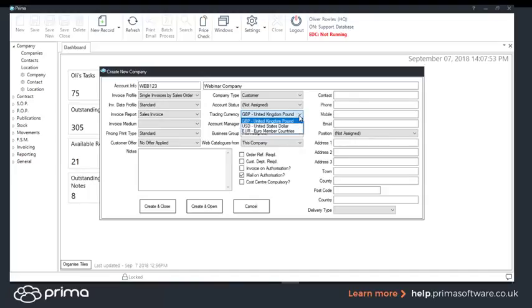Trading currency. So if you are dealing with multi-currency in Prima, you can select what kind of company it is. So is it pounds, dollars, and so on. Invoice medium. So how the customer receives their invoices at the end of the month if you use the batch process. So in Prima, when you use the batch process, which is just grayed out at the top because we're not in the invoice area,